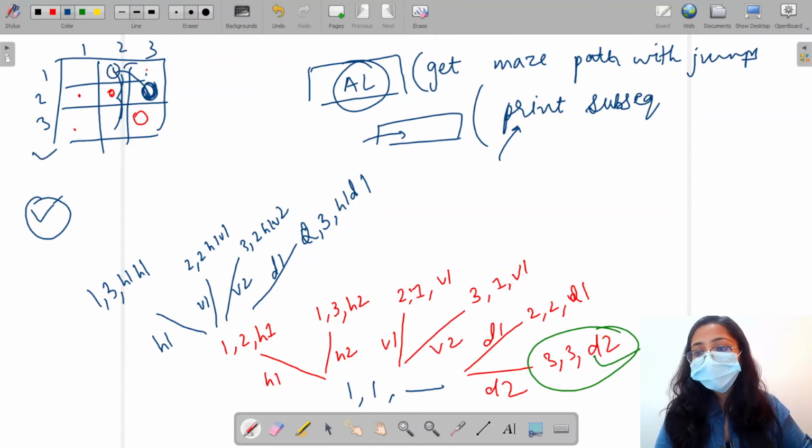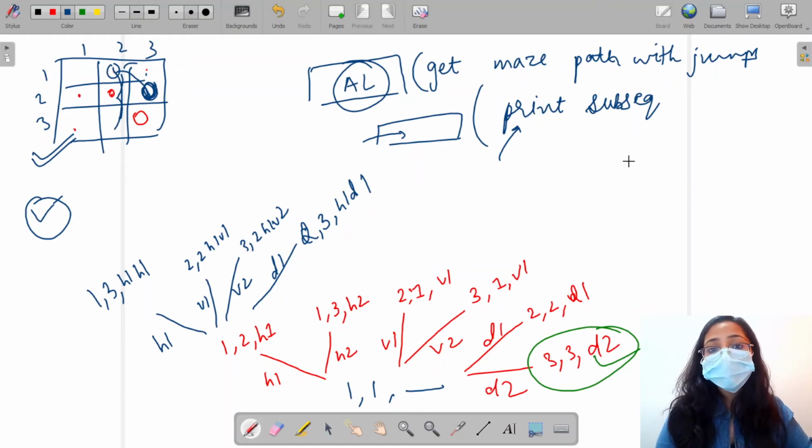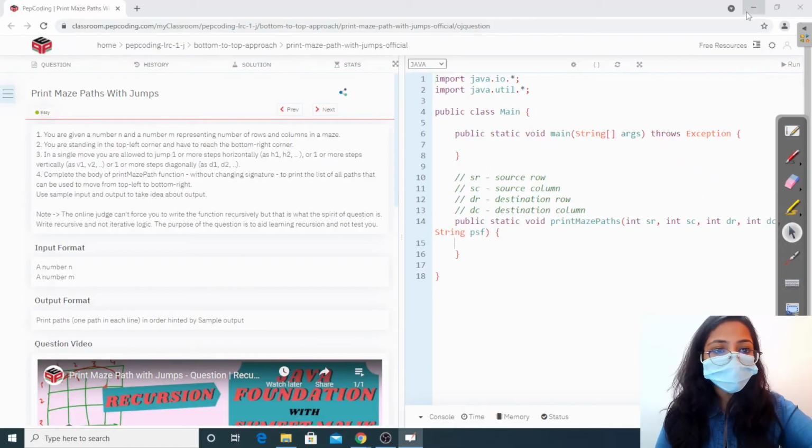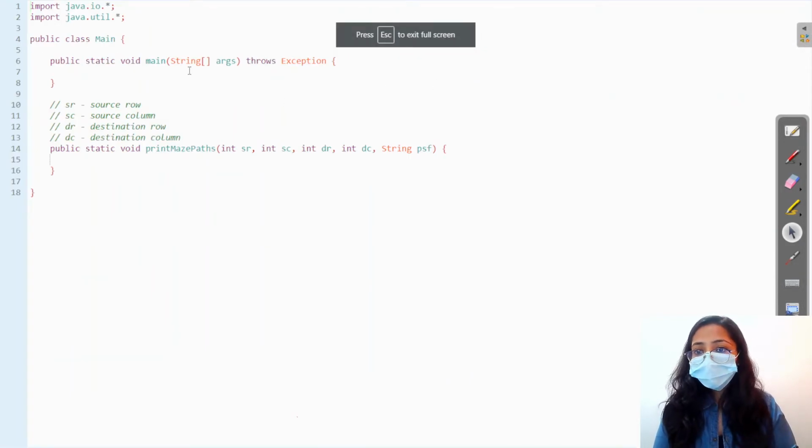Also, this question acts as a combination of the two questions which we've done previously, that is print maze path and print stair path with jumps. So I hope you understood the question. Now let us try to solve this using the compiler. So over here we have a scanner.